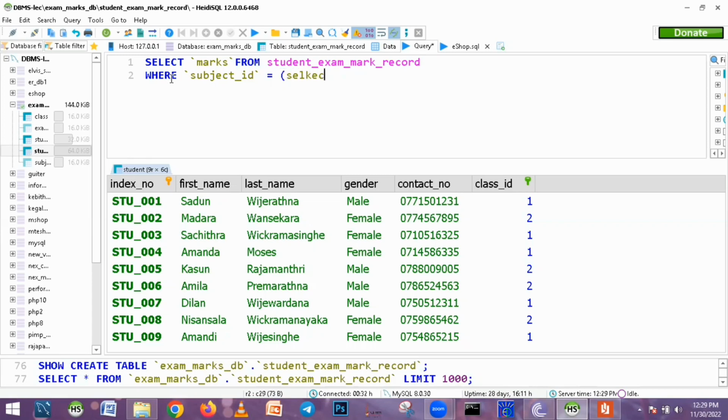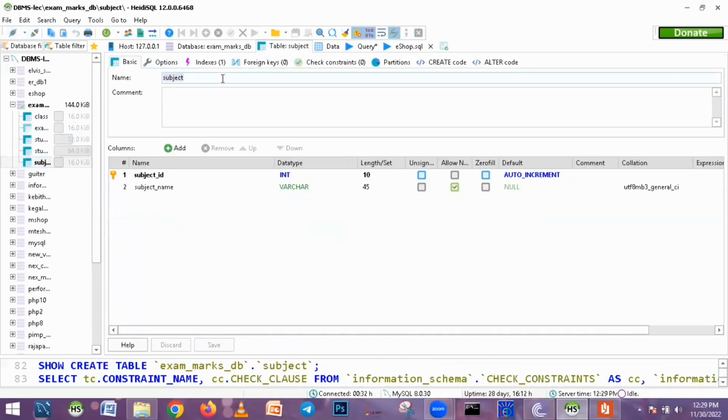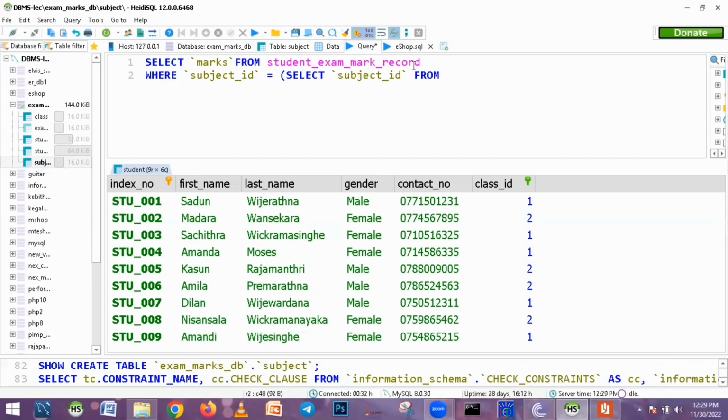So select subject ID from subject table. So from subject where